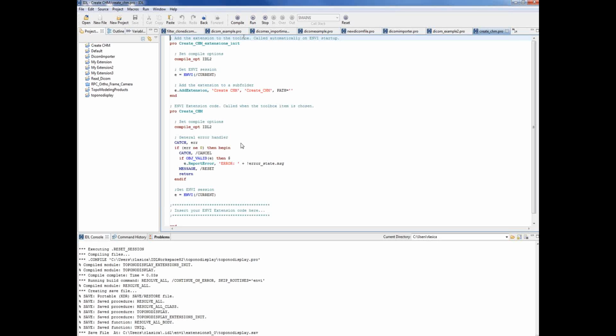And what I'm showing here is this IDL development window. In this example, I'm creating a tool to be used in the ENVI environment, which will create the CHM. So the work we did with Band Math, but this will be done automatically. Now the code will tell ENVI to ask the user to import a DSM and a DEM, and will calculate and display the canopy height model. Another button I might add would be to get crown diameter with code written based on the model we just saw. Then I could simply compile the code, restart ENVI,